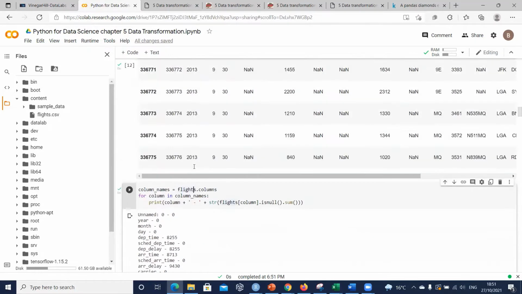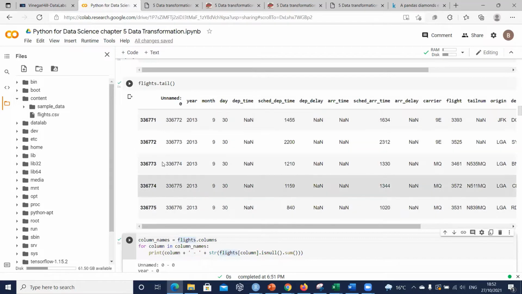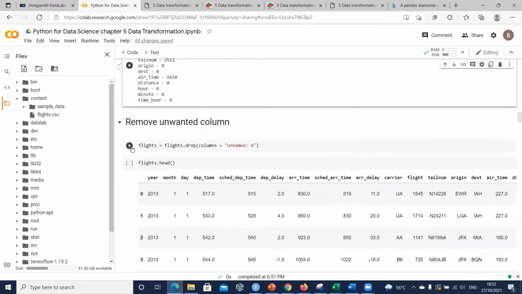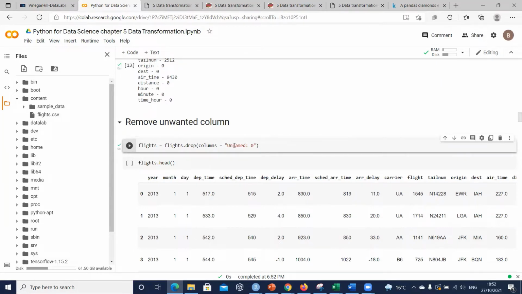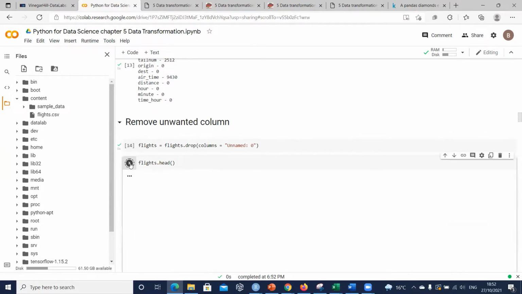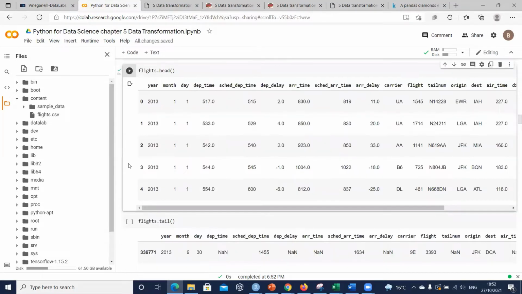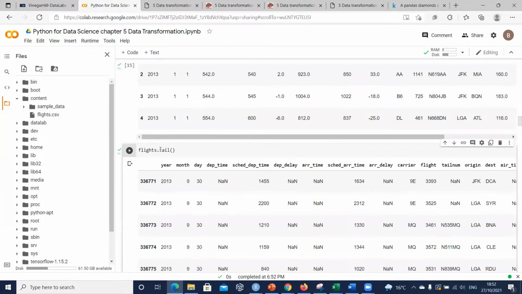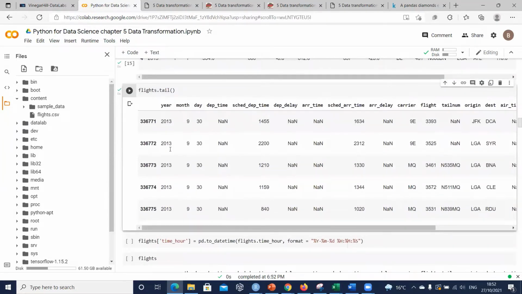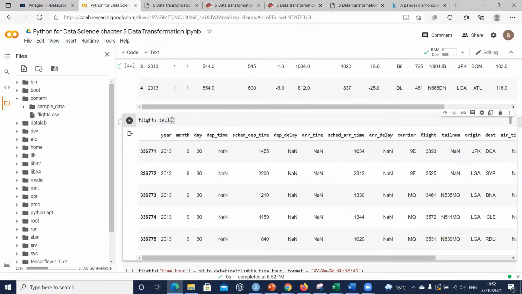To get rid of the unnamed column, very simply, we can run flights drop column, and then when we run head again, open close brackets, that column has now gone. If you run it again, it'll create an error because it's looking for this column to remove, but we've already removed it, so we'll try and avoid running this command again. It comes up with an error. Again, if we want to look at the last set of values, in this case the last 5 values, just run tail. If we want to take a look at the last 10 values in the data set,